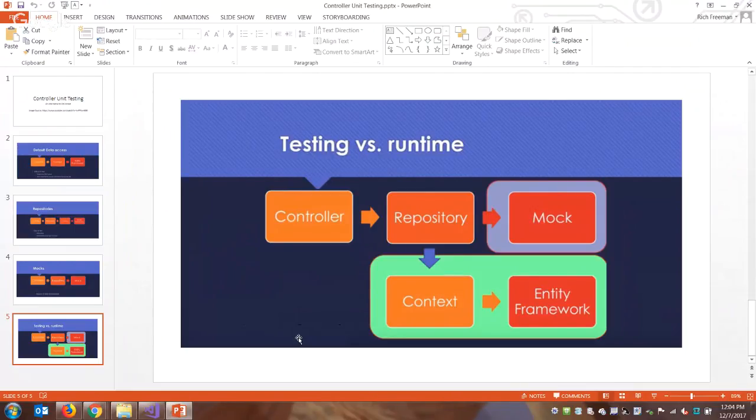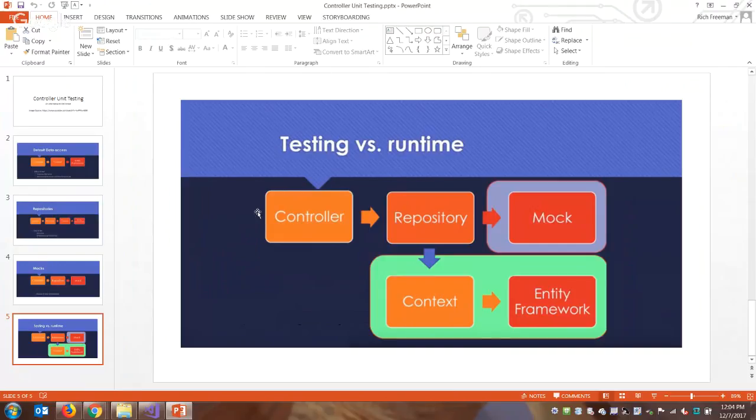What we're going to use is called dependency injection. Anybody heard of dependency injection before? Have any idea what it means? I didn't think so. So our controller is going to link to a repository, and now we have two potential